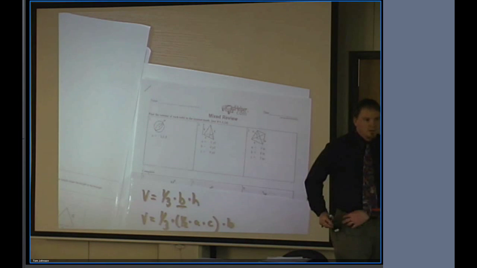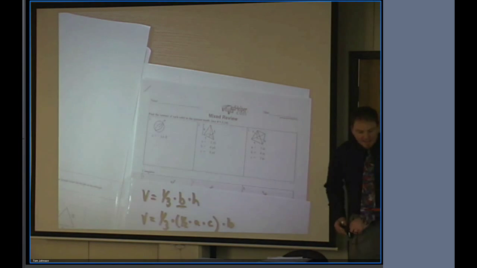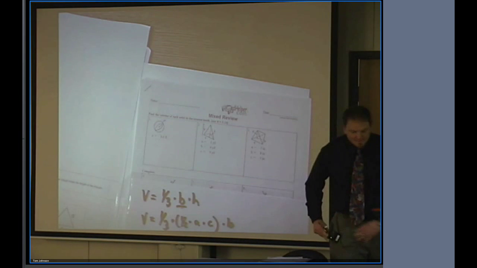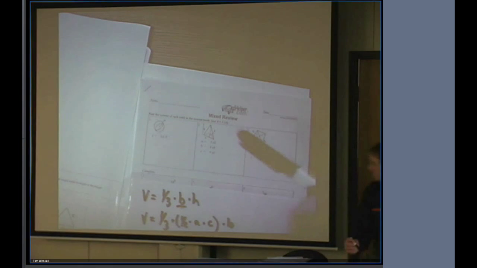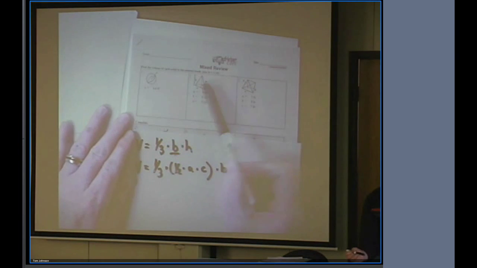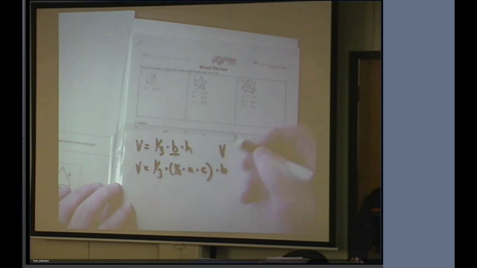Instead of B on the end, wouldn't it be an H? So that's an H. Okay, no, it is a B. What I've done is I've substituted in. I've taken, and maybe I should have written the equation out. The volume equals 1/3